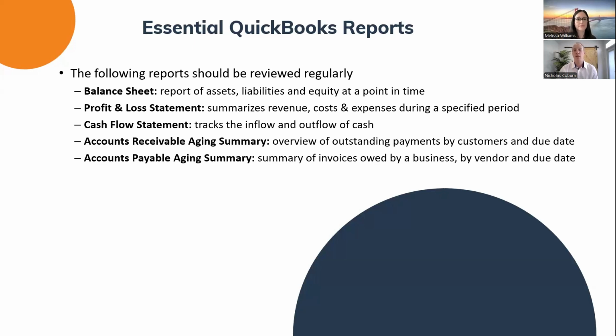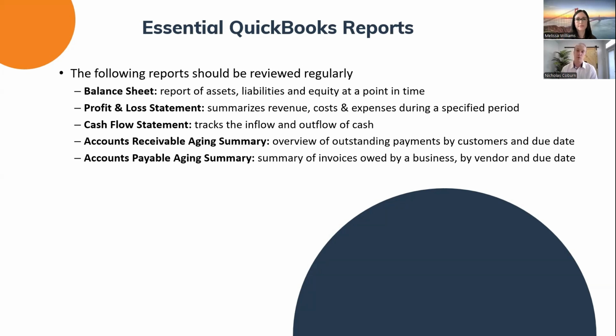The next two really go hand in hand. They are your accounts receivable and your accounts payable aging. Accounts receivable is where you have customer open invoices that haven't been paid. You want to be regularly looking at that, see which ones are getting beyond the 30-day net terms, or maybe you have shorter terms. You want to make sure that you're staying on top of that so that the accounts receivable isn't just growing and you're not collecting it.